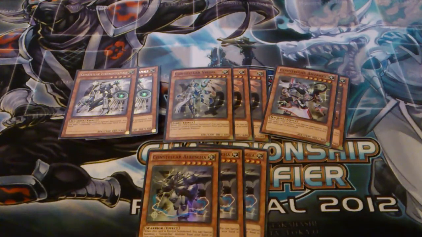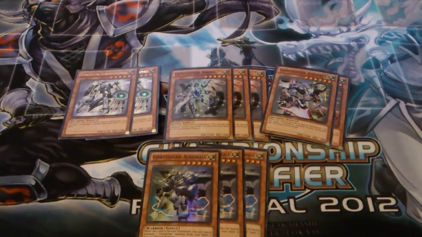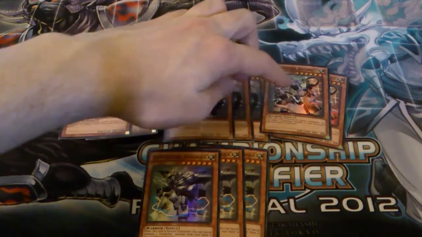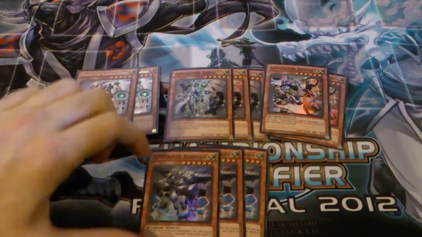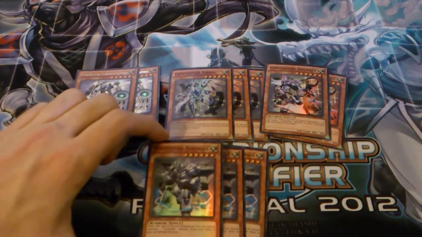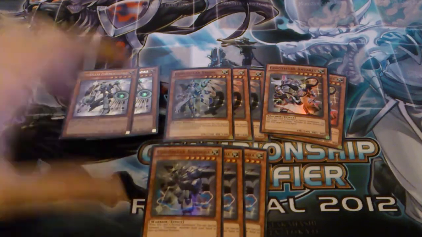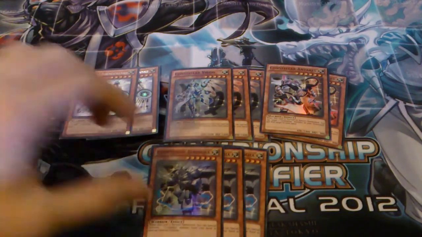Kind of the same combos with Antares and Alresha. Antares, instead of searching from deck, gets stuff back from the graveyard. And Alresha, when it's normal summoned, you can special summon any Constellar monster from your hand in face-up defense position. So it's not quite as restrictive as Virgo, but